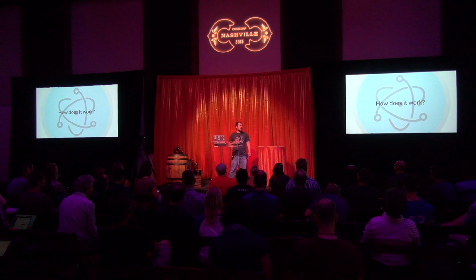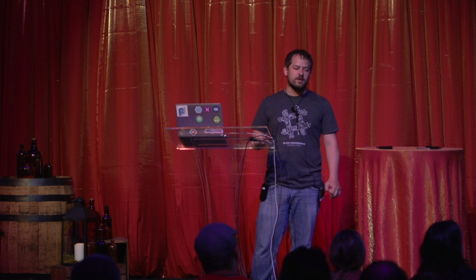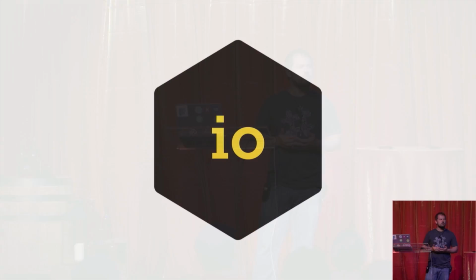Cool. So how does it work? How do I write my own Electron application? So we start off with io.js. One of the really interesting things about Electron is that it's Chrome and io.js 2.2.1, I think, as of current writing, combined together. So in the Chrome run loop, we even put in io.js. But before we get to that,